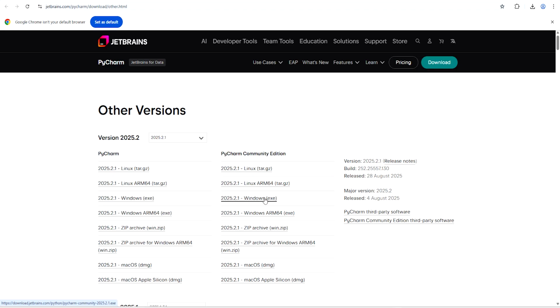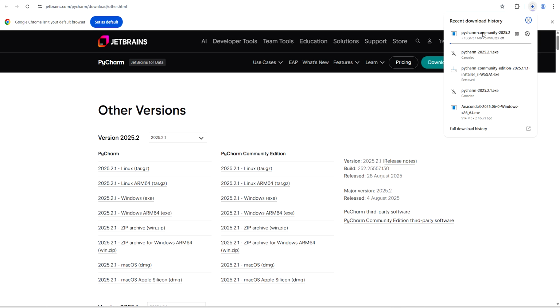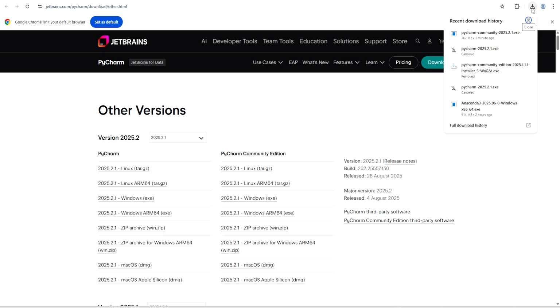So my system is Windows 11 and I will click on 2025.2.1 windows.exe, and now it is being downloaded. PyCharm Community Edition exe file is downloaded.